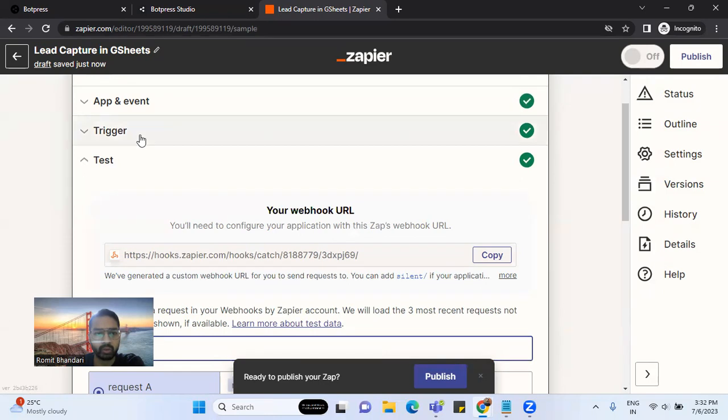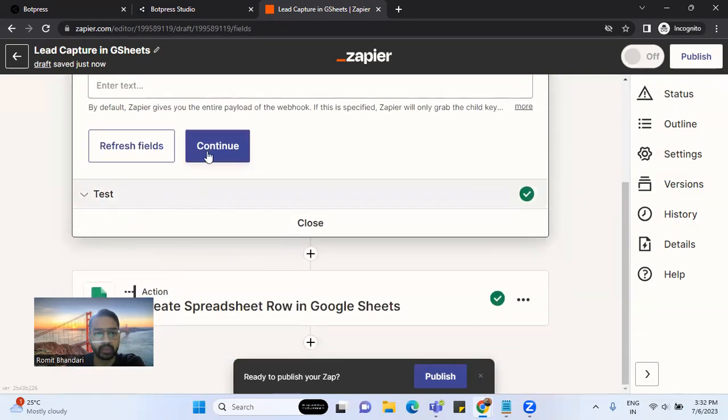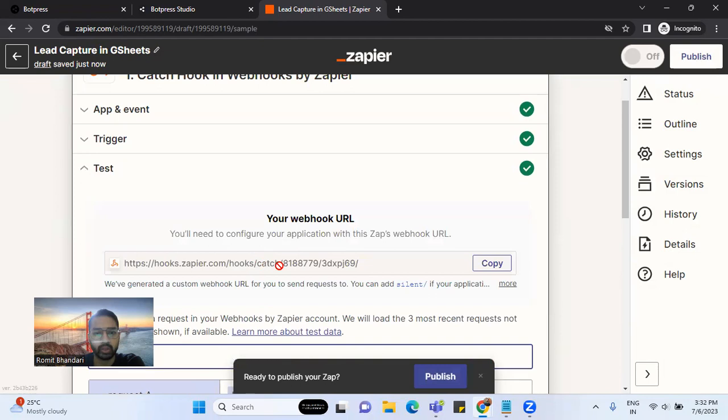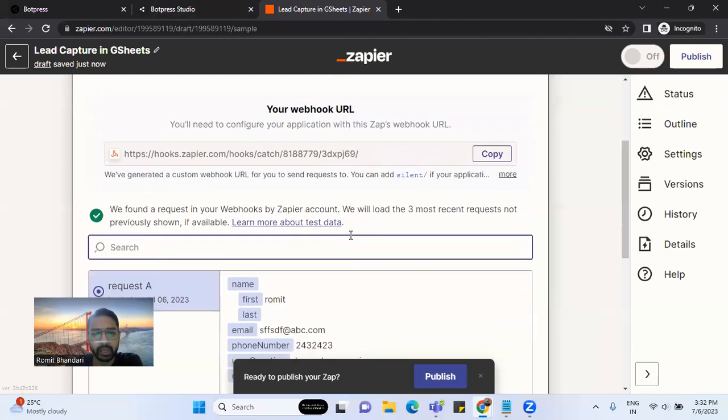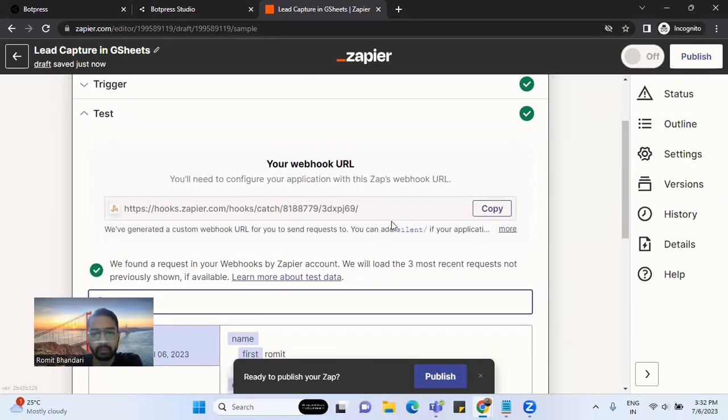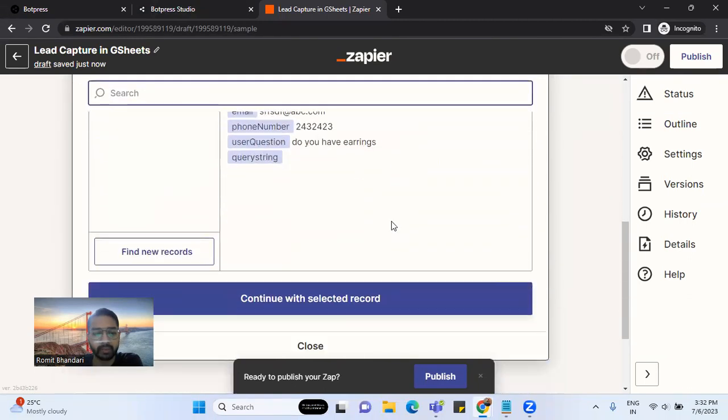Now after you give the trigger, okay, continue, you will get this URL in front of you. So what I've done is I have copied this URL and put it in my BotPress. So when the BotPress creates the code, this URL would be some dummy URL. You just have to copy paste this URL from Zapier to BotPress, before you test it out. Once that is done, then